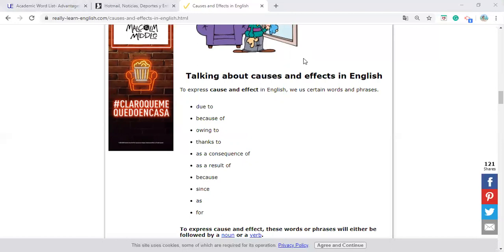Déjenme ver esto. Ya. Estaba viendo a los participantes. Vean, due to, debido a, due to COVID-19, because of COVID-19, owing to COVID-19, thanks to es algo más